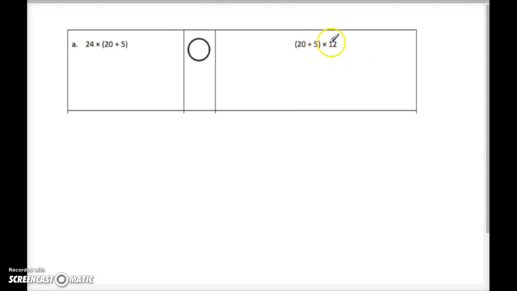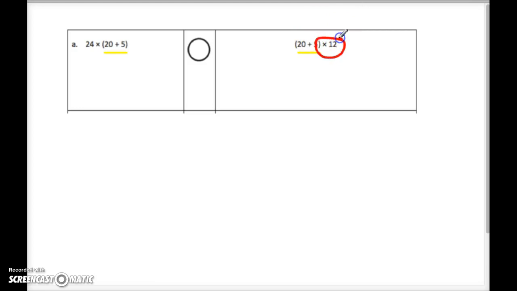So if I take a look at this, I can see that both of my pieces have 20 plus 5. Now I could add that. In fact, most of us would add that in our head and say, well, that's 25. The next step most of us are probably not going to be able to do. We're not going to be able to do 24 times 25 in our head or 25 times 12 in our head. But since we know that both of these pieces that I've underlined in yellow are worth the same, we